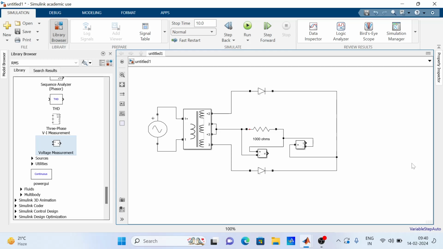So this is the plus and this will be the minus. It may look small, but when you are working, you are able to identify which are positive and which are negative.